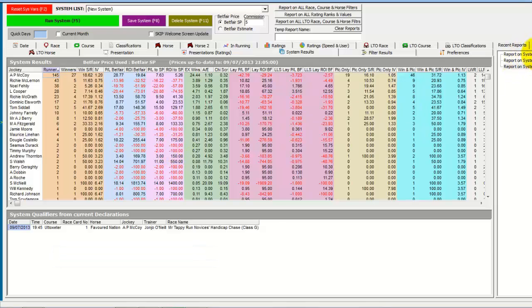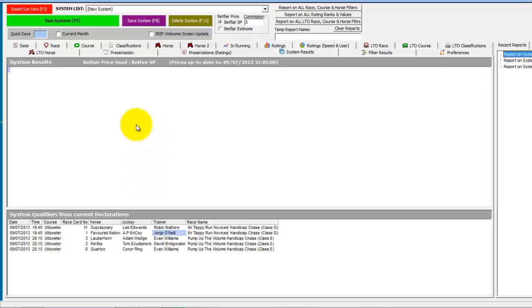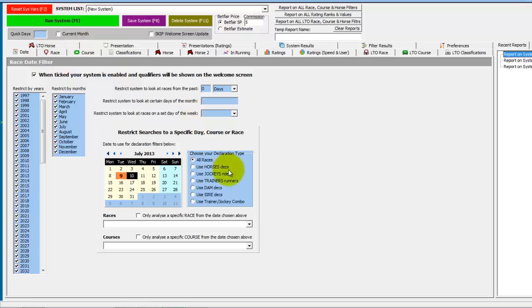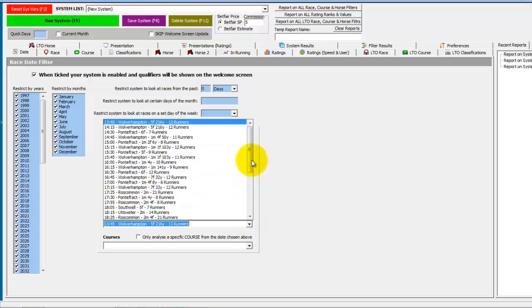If we go back to our original query for declarations, we can see that the 815 has got 3 handicap debutants in. So rather than doing each of the trainers individually to see how they work out when they put horses in that handicap chase for the first time, we could use the declarations tab to just choose the one race to analyse. So on the date tab, in the declarations part, we want to restrict by using trainers for races that are running today, and we just want to choose the 815